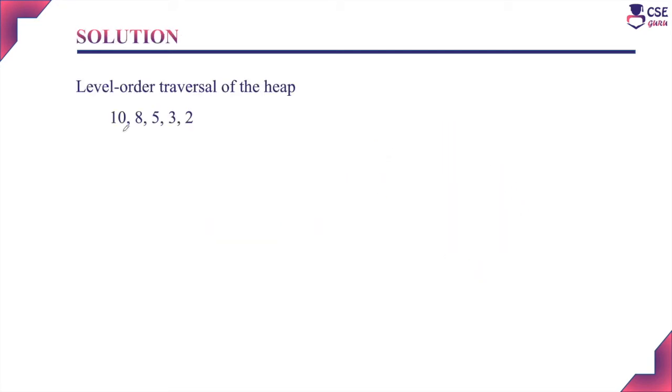So now if you consider the problem, the level order traversal of the heap is given, that is 10, 8, 5, 3 and 2. So the first step is to construct the heap data structure for this level order traversal. The concept of level order traversal is, the first node is the level 0 node, that is the root node, and the next two nodes will be the left and right child of 10, that is in level 1, and the next will be the level 2 nodes, which are the left and right child of 8 and afterwards the left and right child of 5.